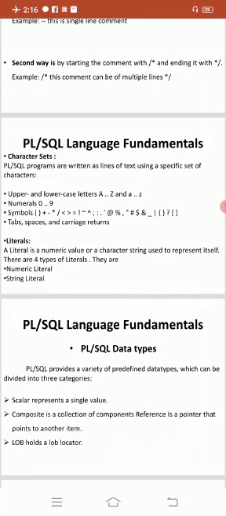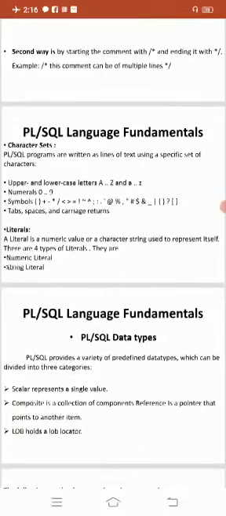The first one is called the character set. PLSQL language fundamentals has a character set. PLSQL programs are written as lines of text using a specific set of characters. We can use a set of characters like in the PLSQL character set as